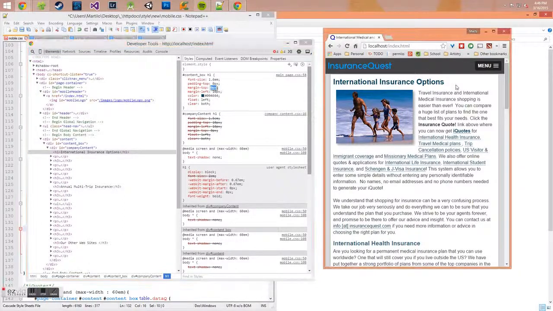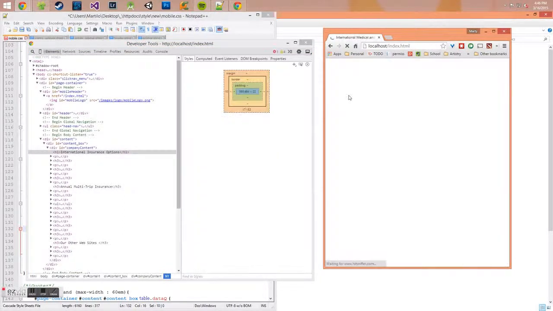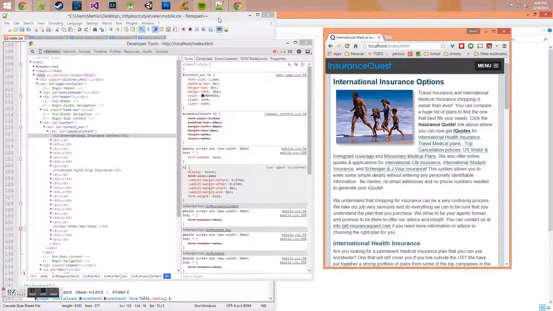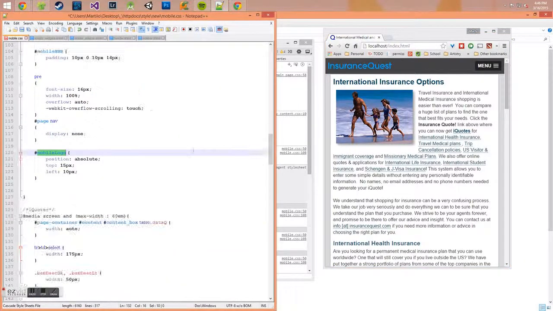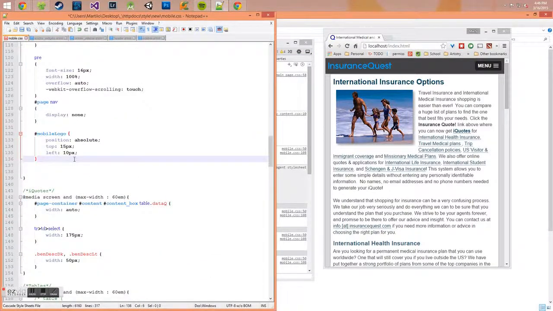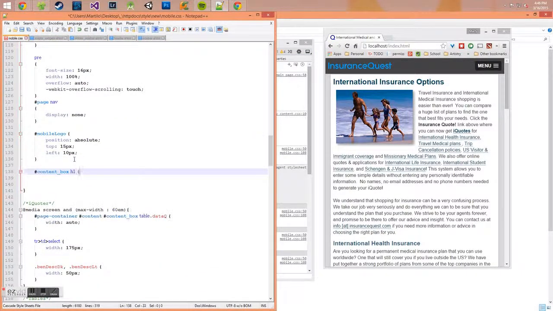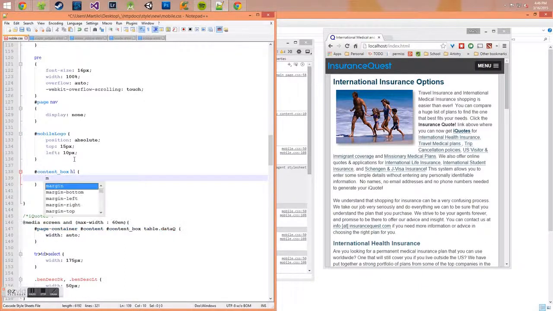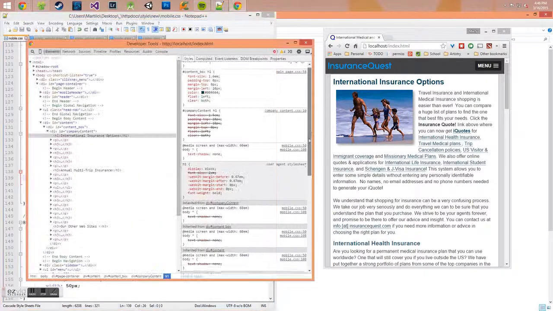Whoops, I did something wrong there. But yeah, so I just come in here and I start tweaking things until they look good. The only downside to this, though, is that these are only tweaking it right here. As soon as I reload the page, everything that I've changed is completely gone. So I have to memorize what I just did and then go in here and say, okay, so for content box